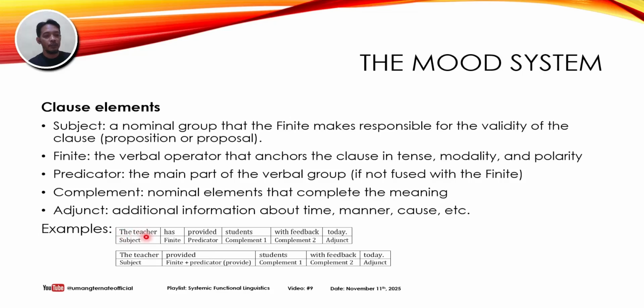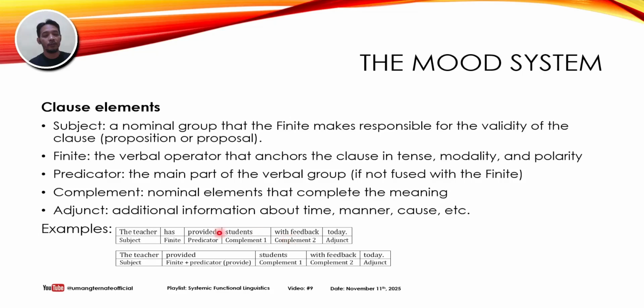We can see that the teacher is the subject. It is a nominal group, and then has is the finite. Provided is the predicator. Students is the complement one